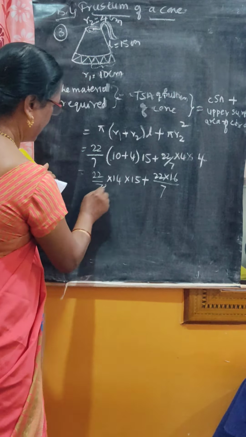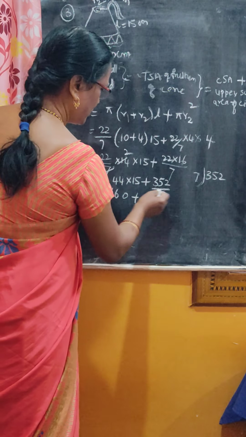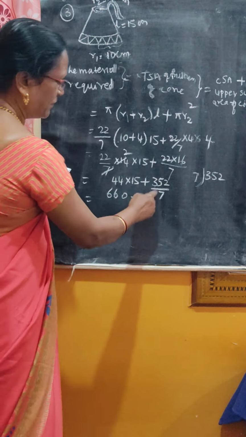Divide this 352 by 7 or take LCM, both the methods are same. Take LCM and also divide, divide this and put the value 7 5s are 35, 0 0, take 2, 0 time, that is 2, put point, take 0, 7 2s are 14,